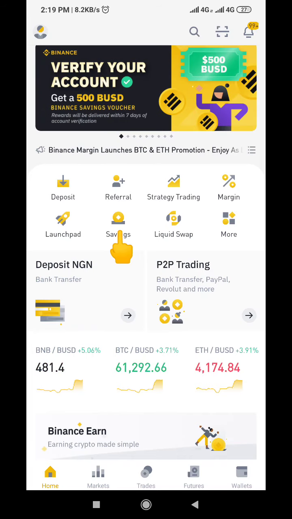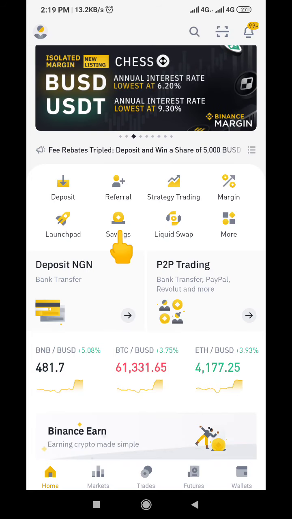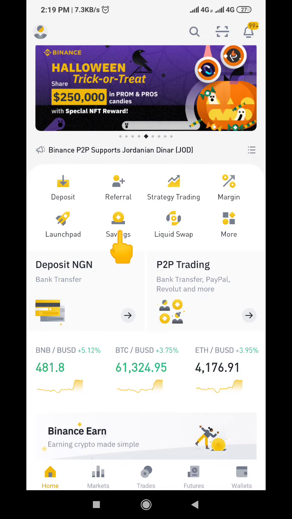It's going to be brief, but it's going to be very precise, to show you how you can actually transfer your funds from your spot wallet to your P2P wallet. Okay,